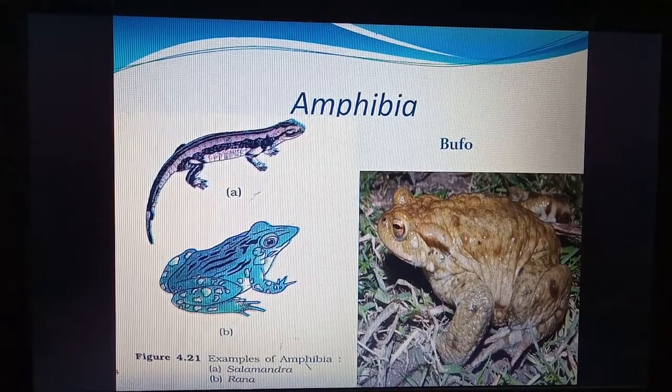And this is a Bufo or a toad. So toads have a number of structures over the body, over the skin. The skin is not smooth. These structures are called warts. So these swollen structures also contain poison in some forms. So the difference between Bufo and Rana, or toad and Indian frog, is that in the frog the skin is smooth, while in Bufo the skin is not smooth. It has many warts.